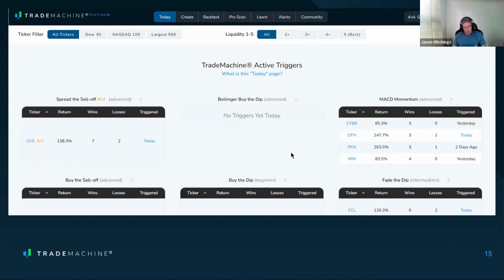Great. Okay, so when you first log into TradeMachine, you see the Today tab. It looks like just a bunch of boxes with some percent returns and some wins and losses. There's a huge amount of power all wrapped up in this screen, because in order to get here, and I'll